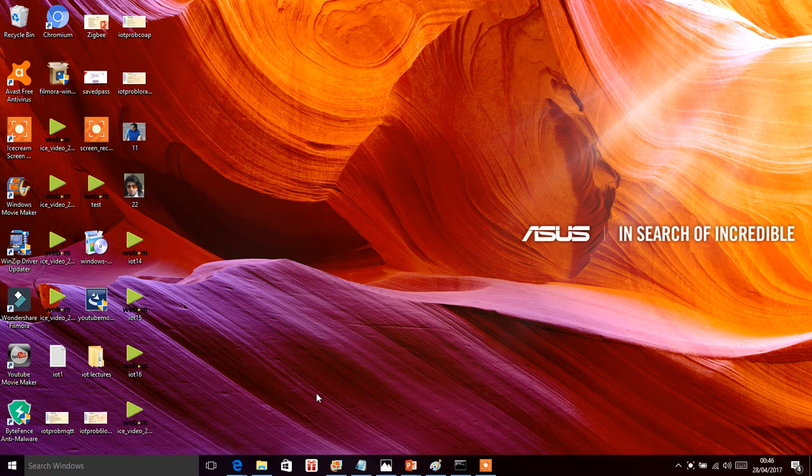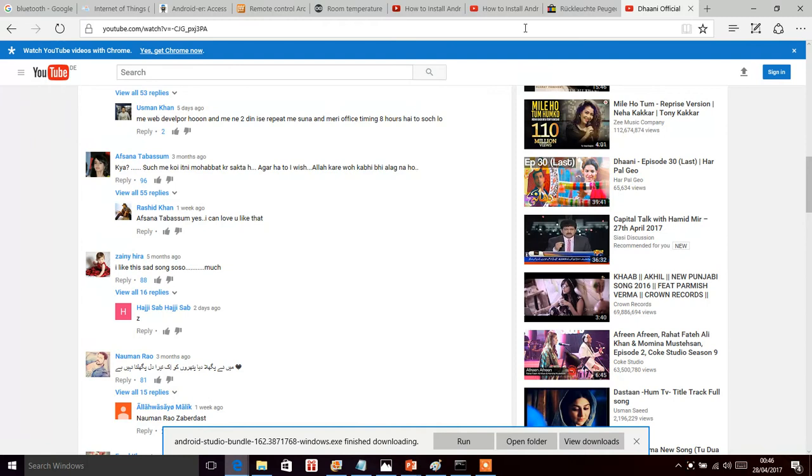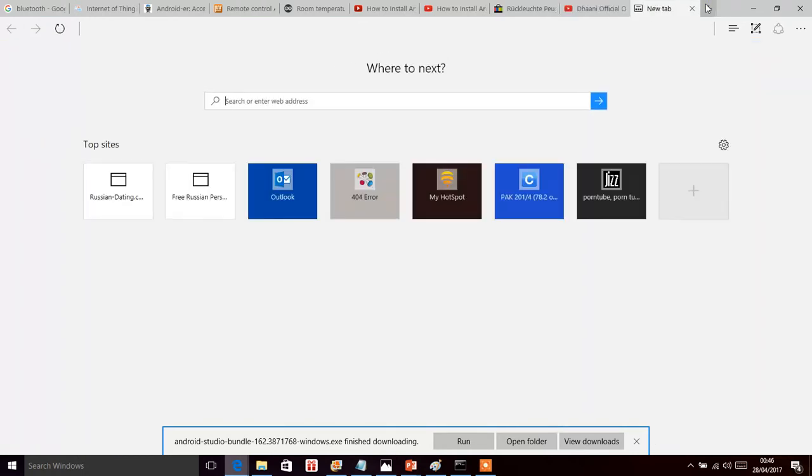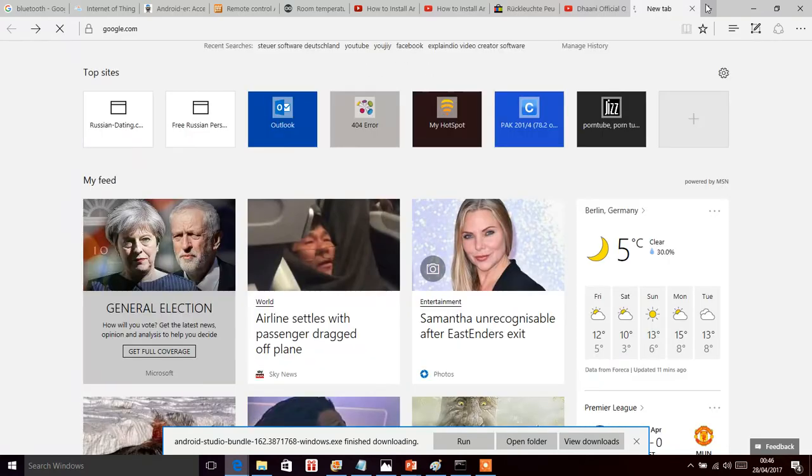So hello everyone. Now we are going to download the Android Studio. Actually, to program any Android devices, we need Android Studio, which is this editor plus Java. So first of all, we will download Android Studio because this Android Studio has a Java compiler running behind it. So just go to Google and type